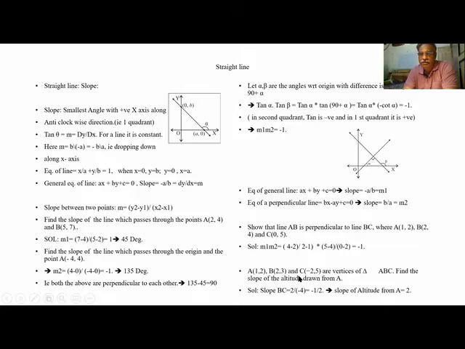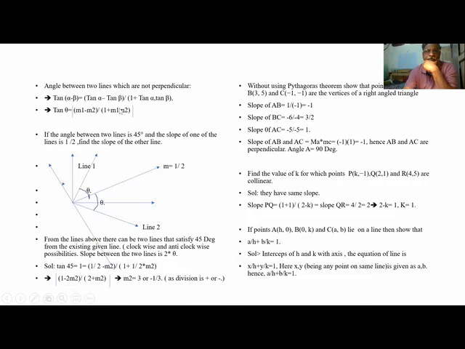It is asked to find the slope only. It's not the equation, it's asked only for the slope. So we write the slope is 2. Now these are two lines. One line is theta, one line is another one. So what is the angle between two lines which are not perpendicular? If they are perpendicular, it is 90. They are not perpendicular.